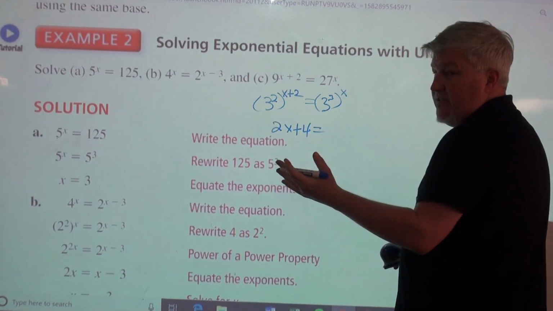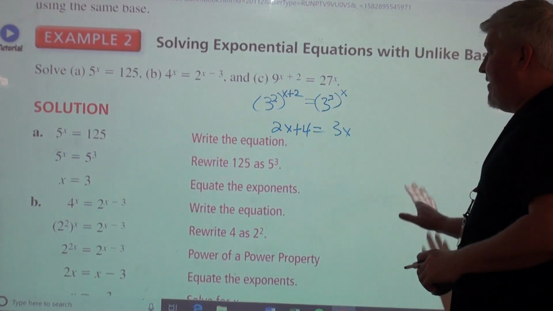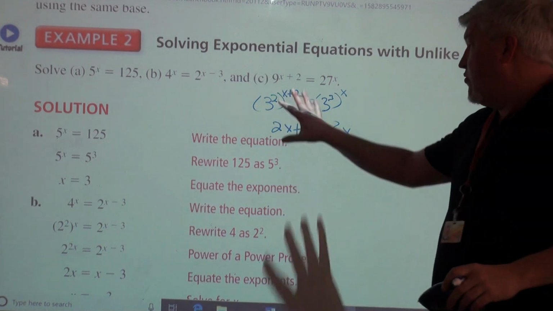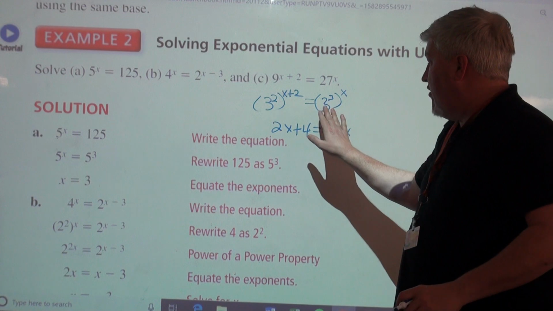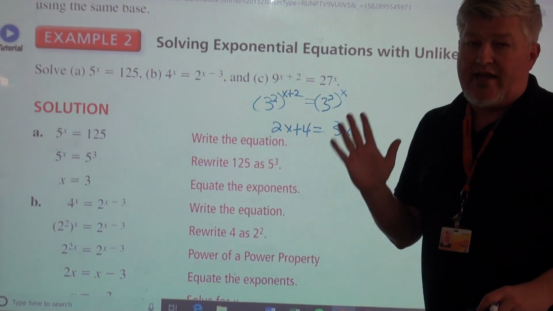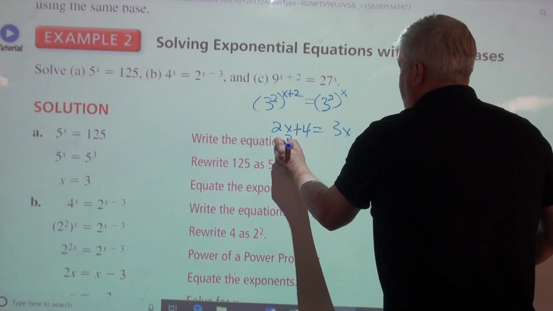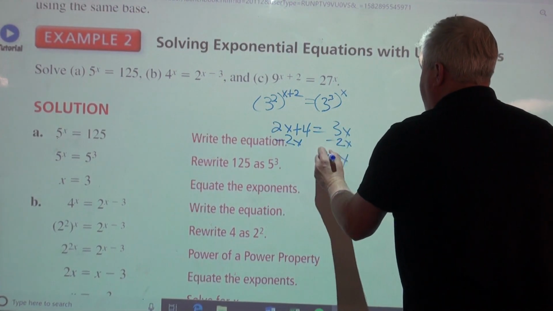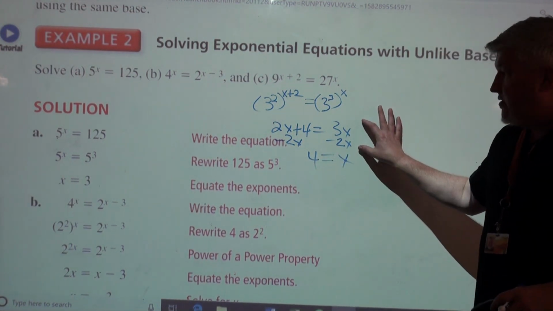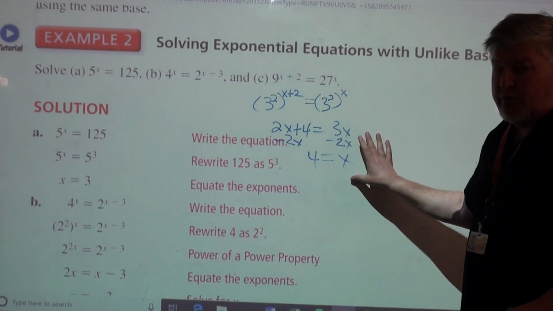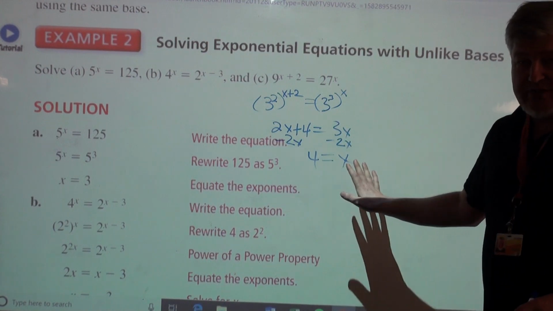I'm getting rid of the bases because they're the same. And this becomes 3 times x, which is 3x. So now I have my simple algebra. I hope you can see, if you can work this down, the algebra itself is very easy. You just got to remember what your common bases and multipliers are. Okay? So I have 2x plus 4 equals 3x. I subtract 2x from both sides. I get x equals 4. The algebra itself is simple. Getting there with your rules of exponents is what's going to trip most of you up that struggle with this. Okay? Practice will make perfect, I promise you.